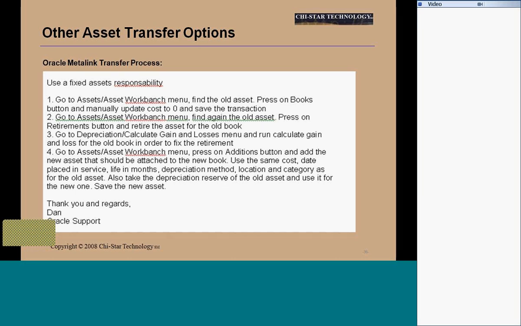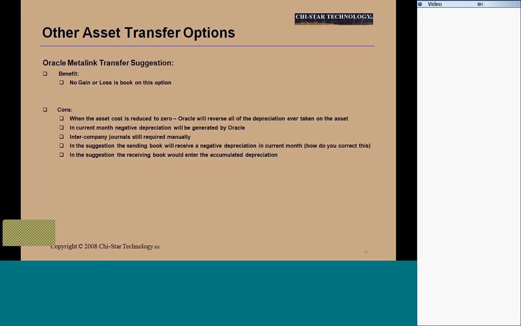Save that, and then you end up retiring a $0 asset, which will result in no gain and loss. The issue with this, and this brings up a bigger issue, is when you change an asset cost